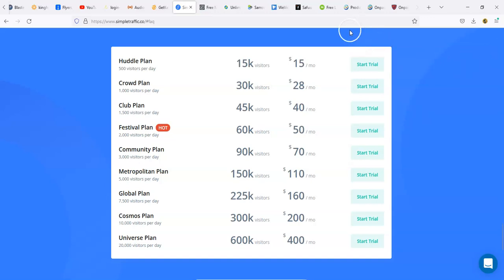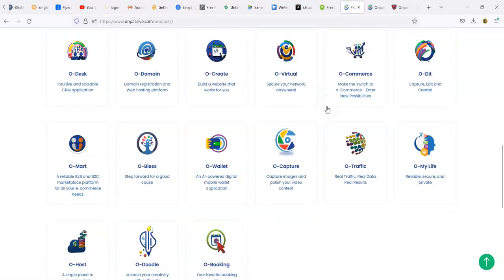Now, also, Unpassive is going to have a traffic network. Now, how are they going to be doing it? Again, it's going to be AI powered. Now, we're not talking about Facebook, where they're holding your information and collecting all this data. It's pretty much going to be AI driven. And again, I don't know all of the ins and outs, but I'm going to explain it the best way I can to get you to understand that everything in here is going to be AI. I want you to understand that the traffic is going to be better. I would think it's going to be better, in my opinion, than old traffic.